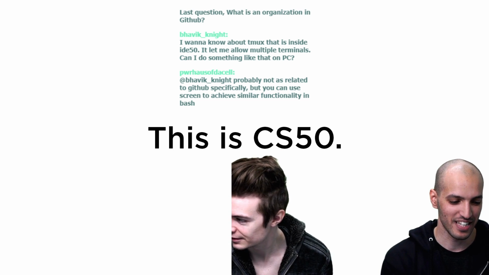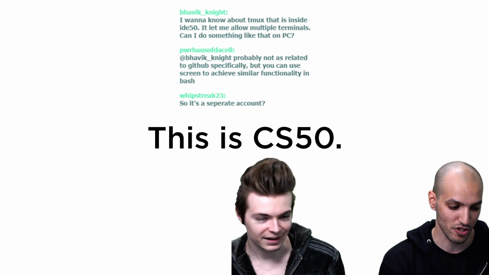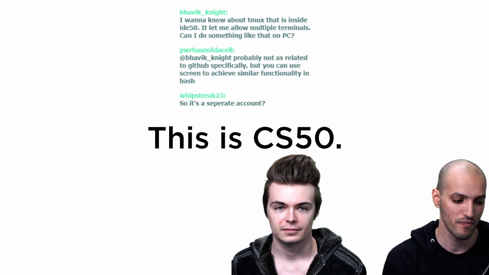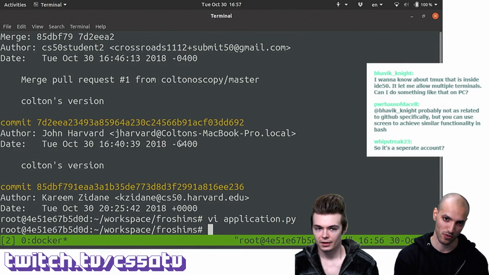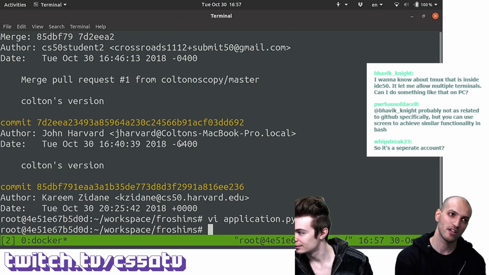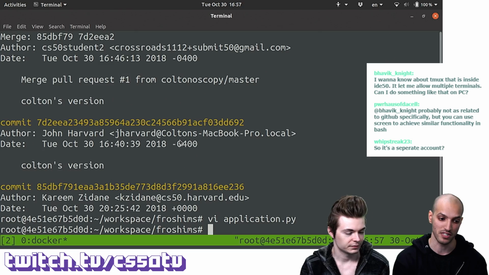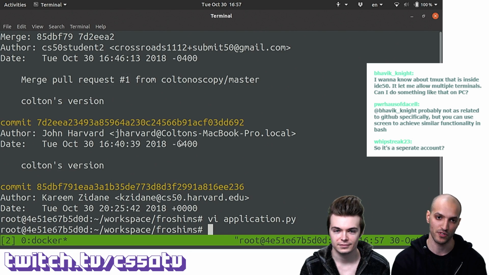Essentially, it allows you to create more than one terminal window within the same window. And yes, it exists on the IDE, but I don't think you really need it there because you could always create a new terminal tab pretty easily. But it should be installed by default in the IDE.